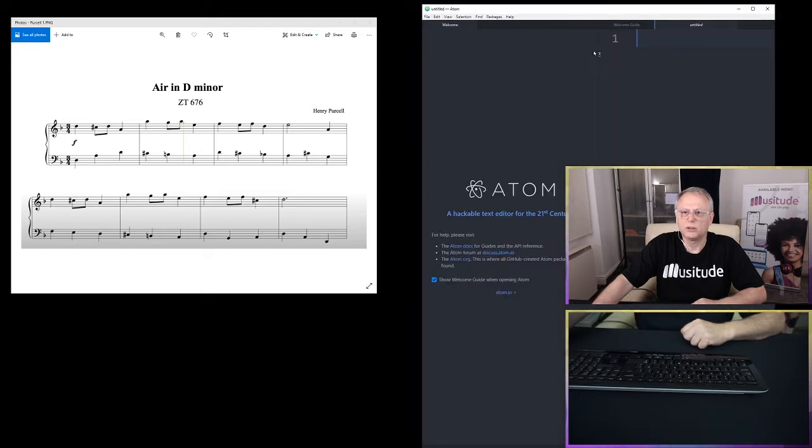So this is where I put the initial notation, and then I go into the